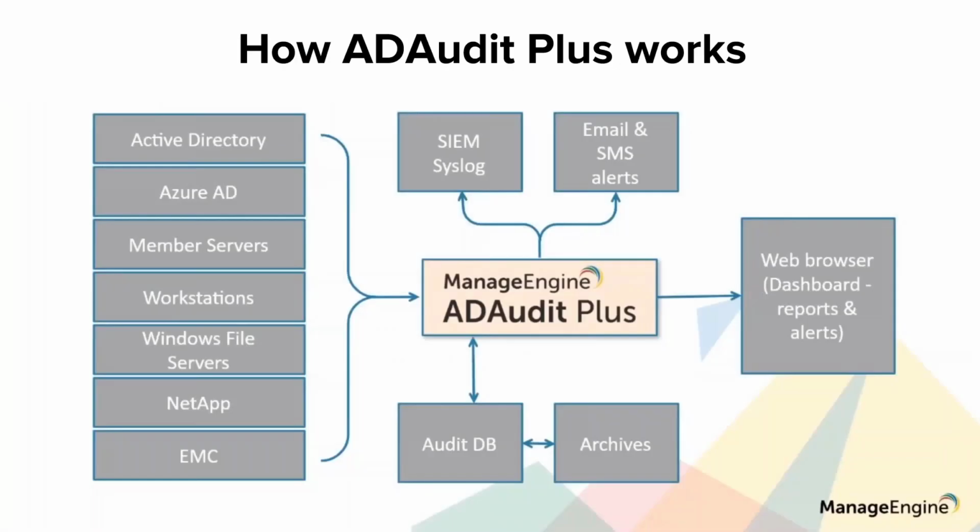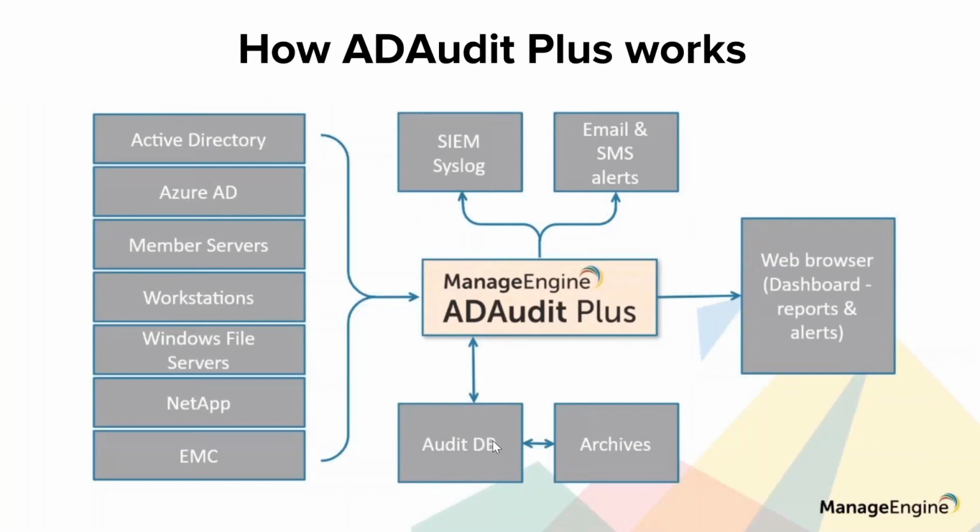If you were to ask me how ADAudit Plus does all this, here is your guide to how ADAudit Plus works. So ADAudit Plus sits on top of your infrastructure. It fetches logs from all these sources that I've pointed right here. It could be your Azure, Active Directory, your AD on your Azure, your workstations, your applications, NetApp, and all of that. It fetches all of those logs. It has its own way of getting things done. It has its own audit database where it essentially pulls in all those log activities, and then from there on,